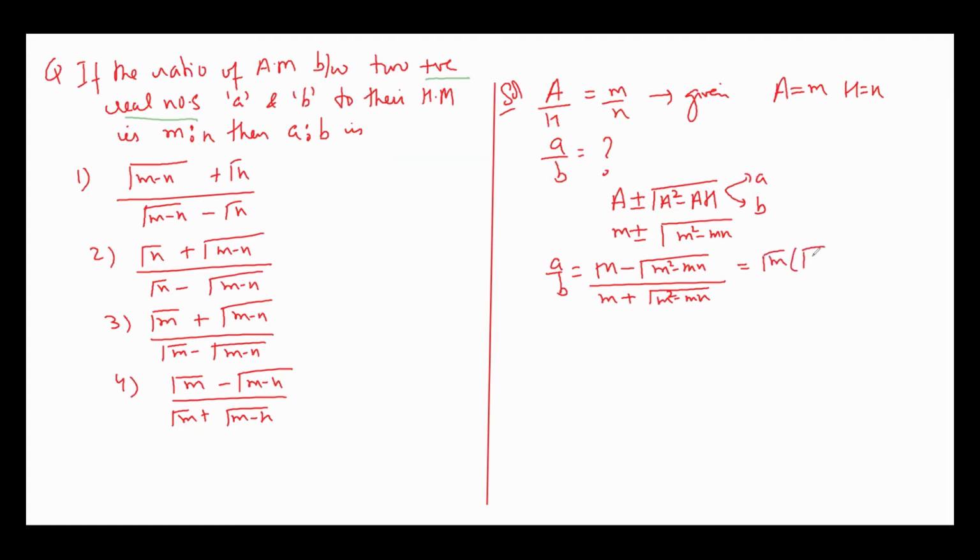So this comes out to be, I take M common from here. Similarly, we take root M common in the denominator also. So this will be my answer. The answer is the fourth option. Look here, if I make a mistake here, I take A with positive sign and B with